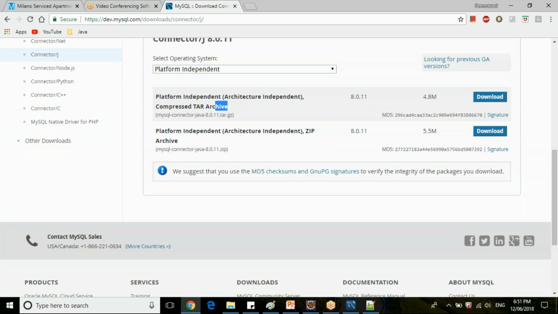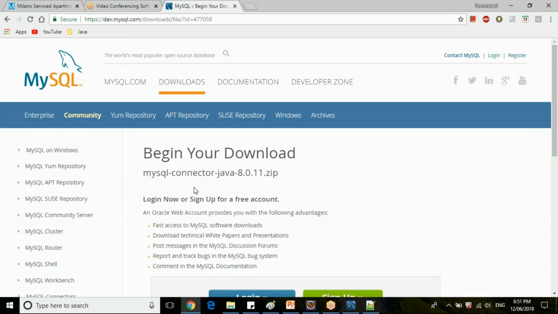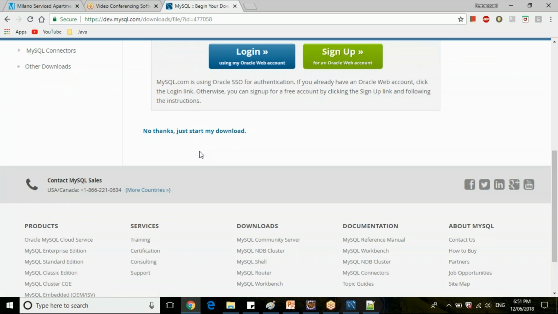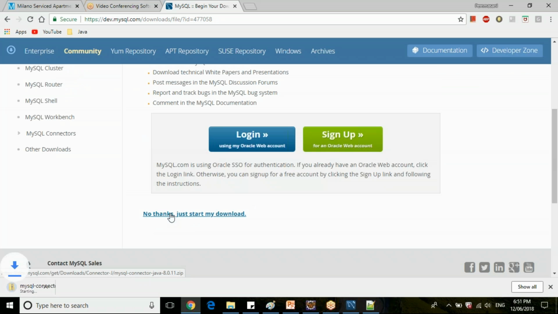Now it will show you two things. One is tar. Suppose you're working with a Linux or Mac operating system, you can download the above one. Since we are working with Windows, let me download this and extract. Then say no, don't sign up. You can just directly download by clicking on this link. So your MySQL connector jar has been downloaded.